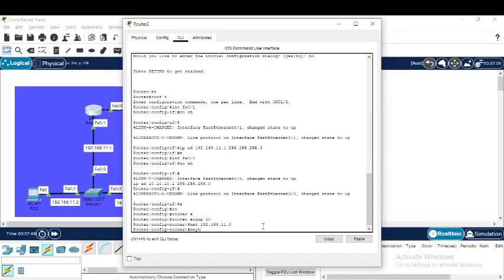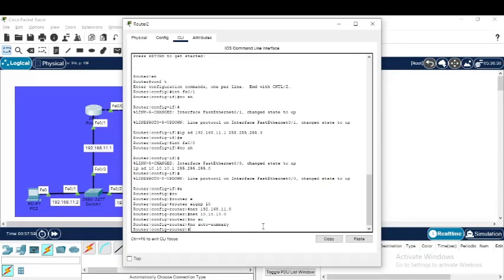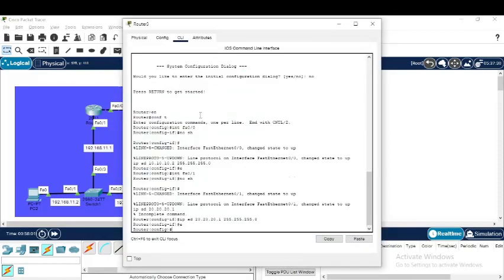192.168.11.0. Next is the other network, and for the summarization, 10.10.0.0. No auto-summary, don't forget it. Okay, then second, neighbor,